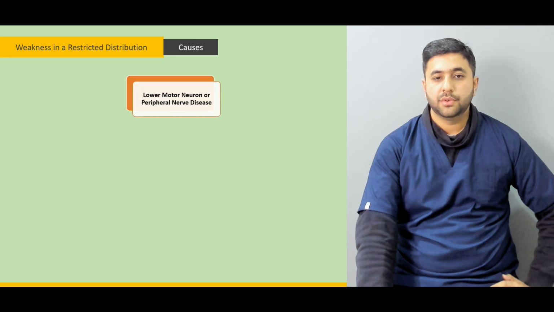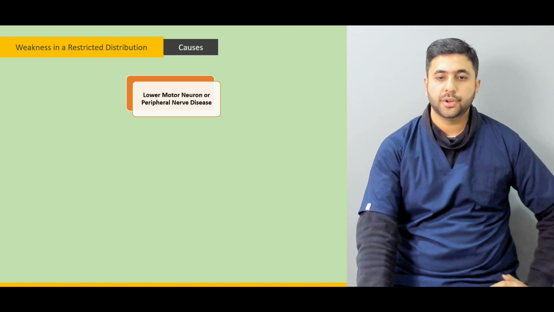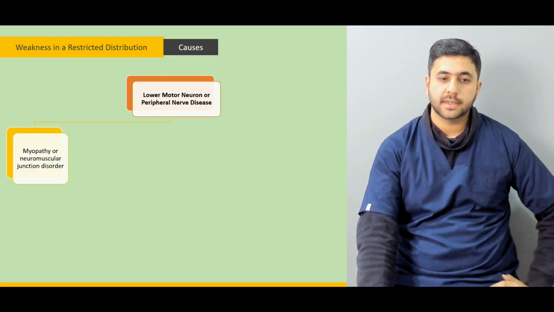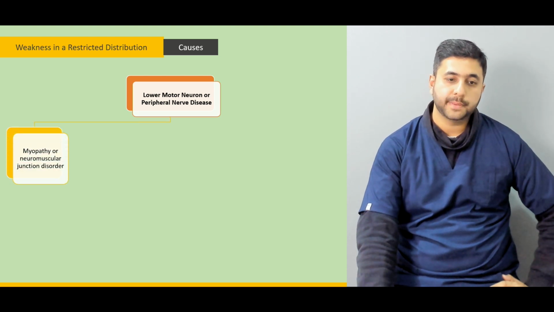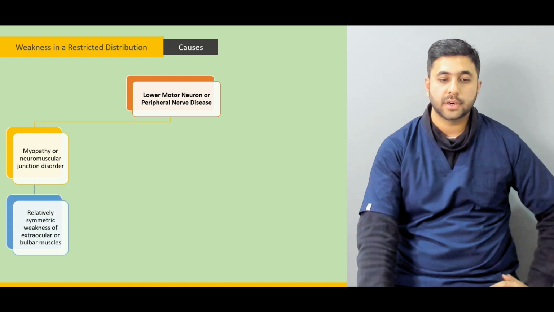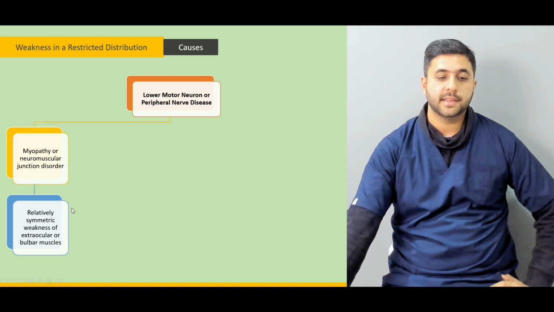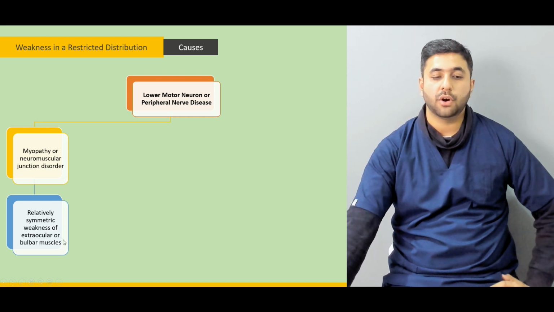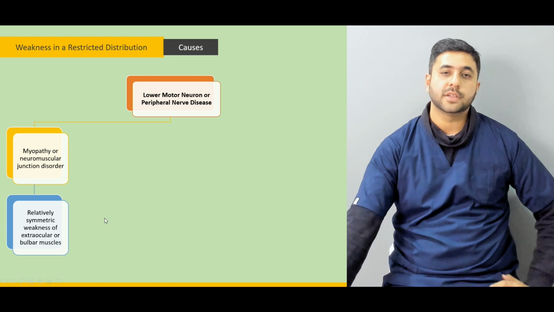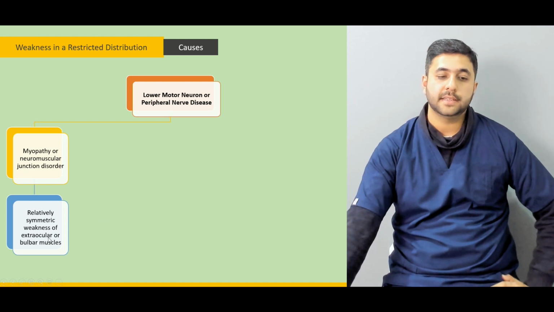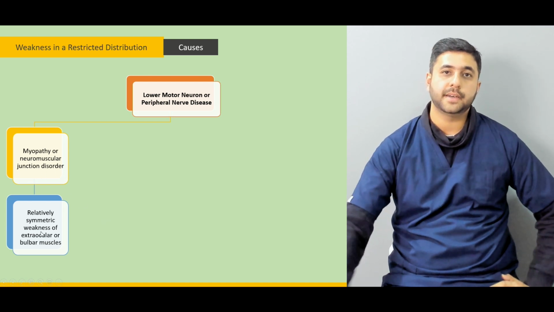Now, let's look at a few causes of weakness in a restricted distribution. A lower motor neuron or a peripheral nerve disease can cause it. It can also be caused by a myopathy or a neuromuscular junction disorder. When we have a myopathic or an NMJ problem, then it is a relatively symmetric weakness of extraocular or bulbar muscles. For example, in myasthenia gravis, there is an extraocular muscle weakness which is symmetric, involves both